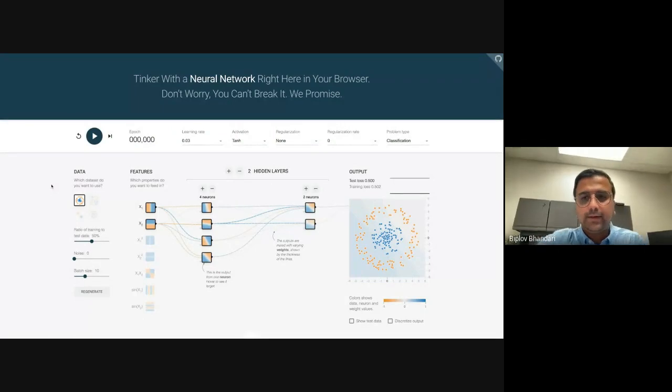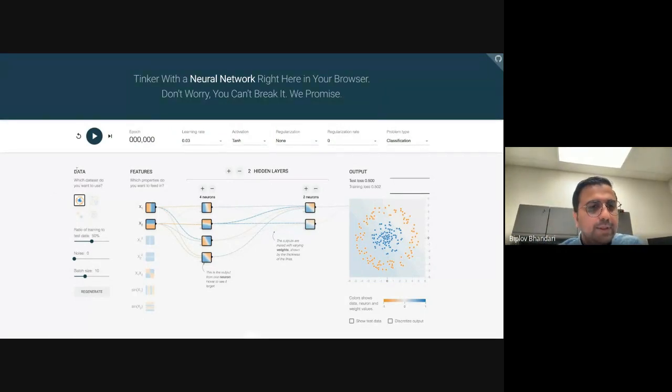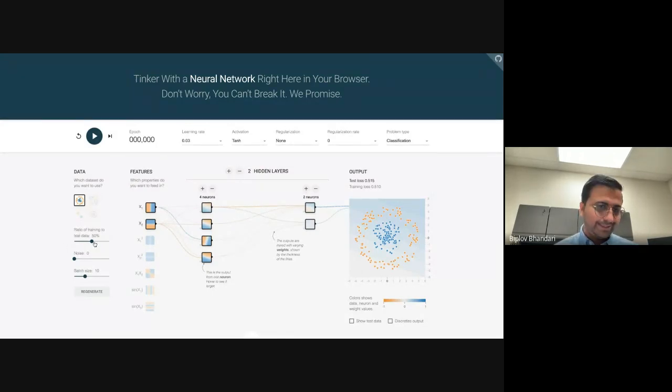Okay, so now here, what we have is data. You can play with different kinds of data, and as you choose your data here, your data is also changing over here. So I'll just start with some simple data. Next is your ratio of training to test data. Usually we train on 70% of the data and test on the remaining 30%, so I'm going to choose 70. Here's your batch size. If I go all the way to 1, then I'm looking at stochastic gradient descent, but I want to have some form of a batch. So I'll set it to 20.